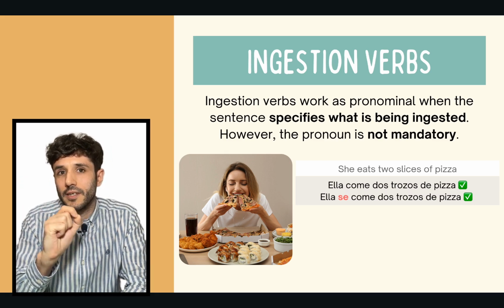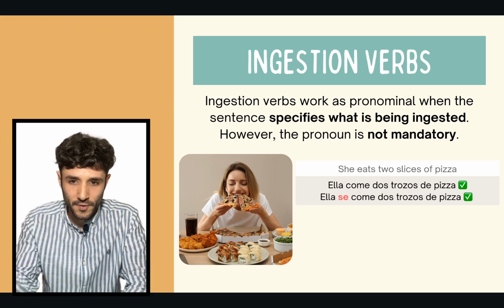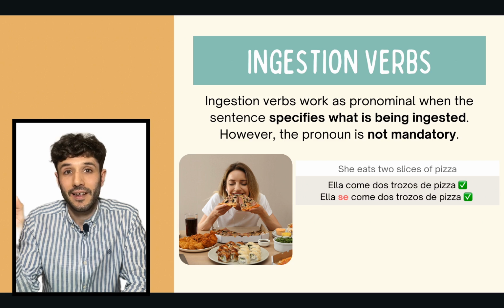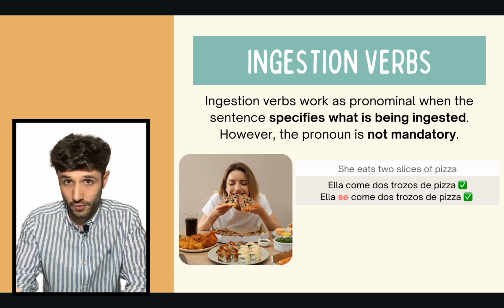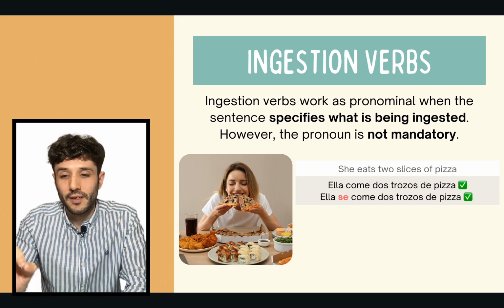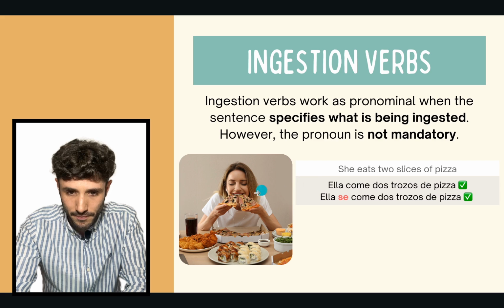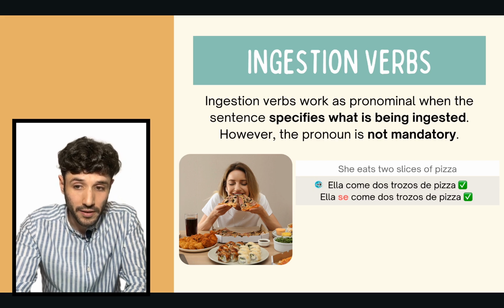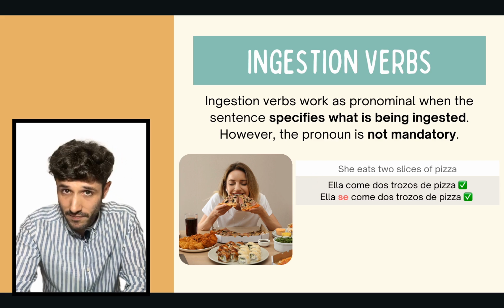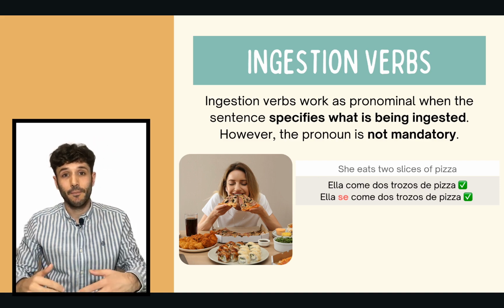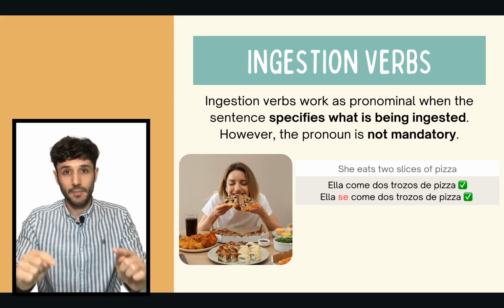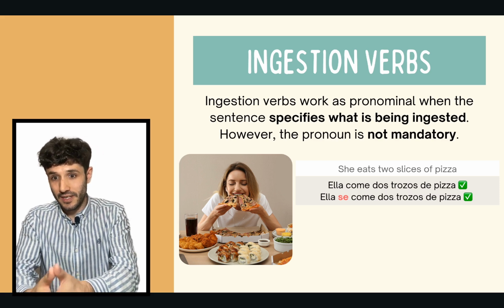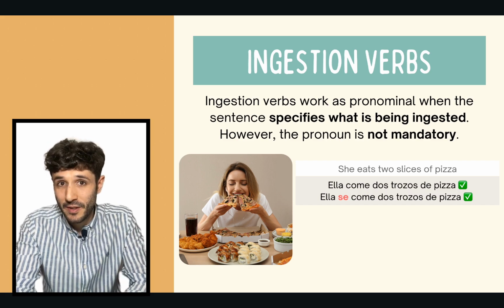In which context can we use se with ingestion verbs? We need to specify the object, the thing that is being ingested. Otherwise, we cannot use se. Look at the example here. She eats 2 slices of pizza. I can say, "ella come 2 trozos de pizza," that's fine, but I can also say, "ella se come 2 trozos de pizza." And this is basically the use of se as an ingestion verb,